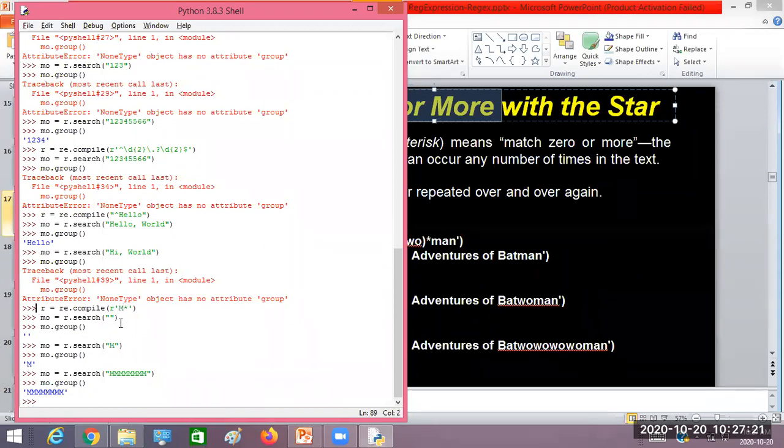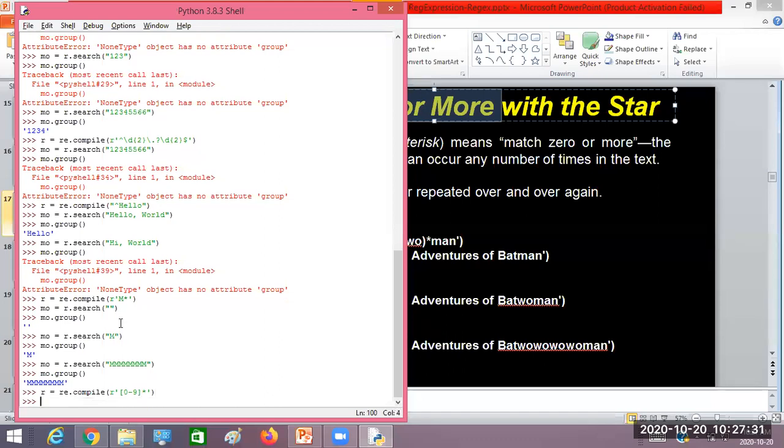Let us change the example. Now I'll take 0 to 9, followed by star. What is this pattern? Can you tell me? I have taken the character class 0 to 9 followed by star.